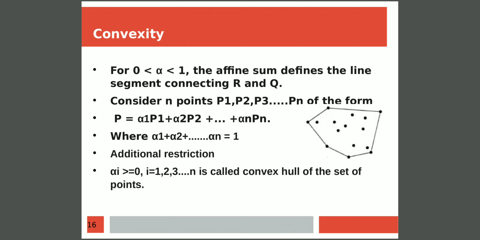In this way, we have defined some n points, and then we are going to form a polygon around all these points in such a way that this polygon should be the smallest polygon which encloses all the points we have considered. Using this set of points, we create a polygon by joining some of the points. Such a polygon is known as a convex hull.